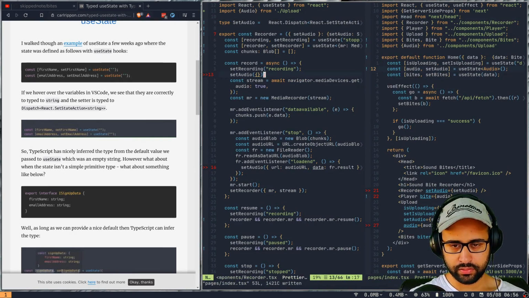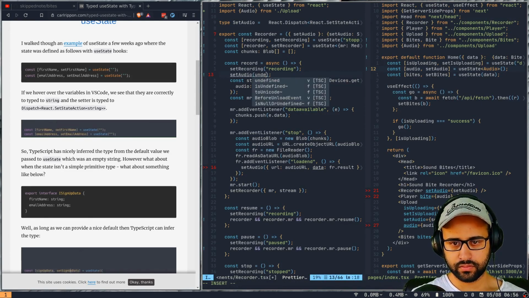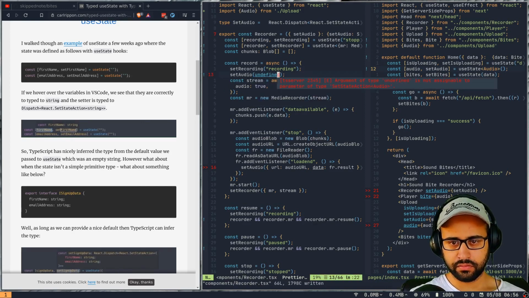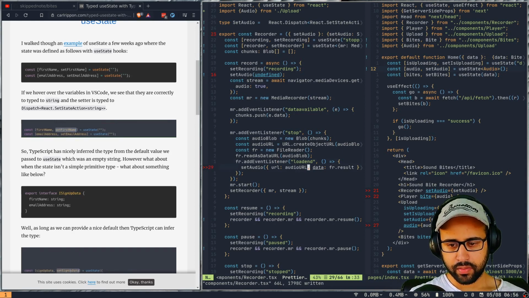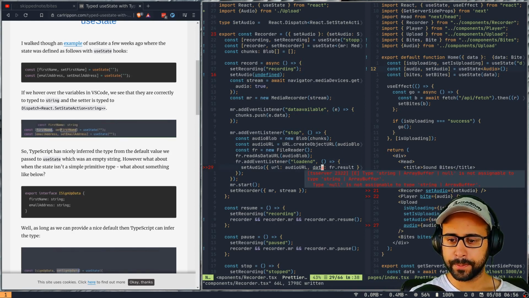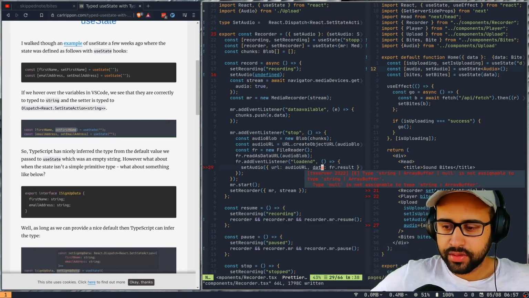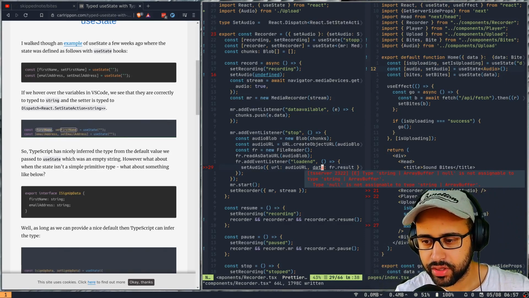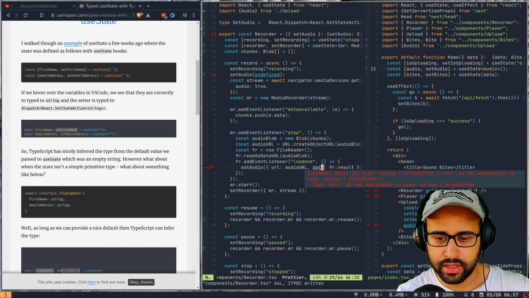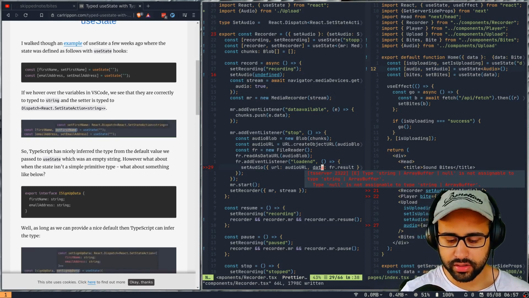Now here, so this is all right as well. Now this data property has some issues. Okay, now here it's saying that type string, array buffer or null is not assignable to string or array buffer. Okay, so there is a possibility that fr.result could be null, right?